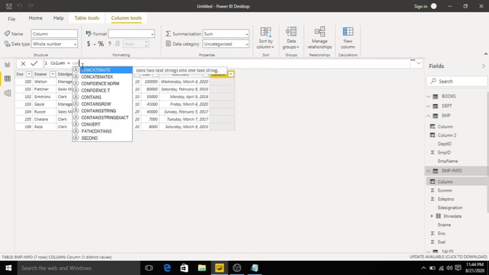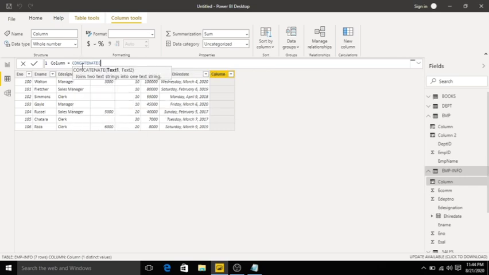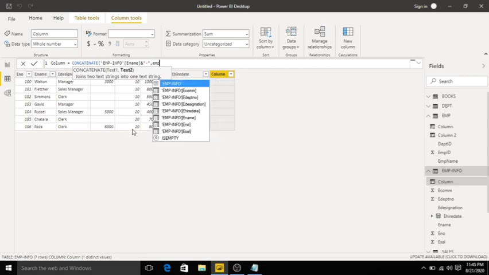CONCATENATE of employee info of ename and employee info of designation.